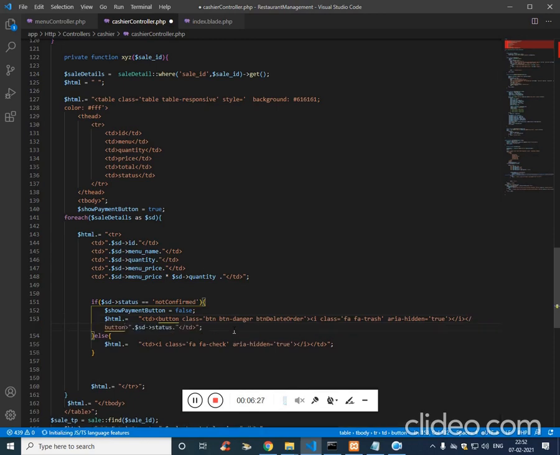Now we have closed the button. We don't need the status. Instead we want to have the ID, data ID, data hyphen ID,